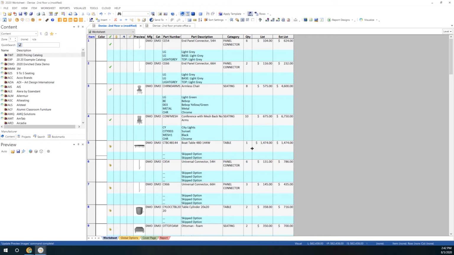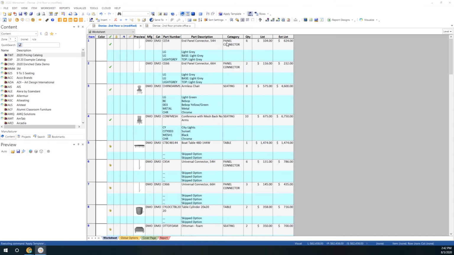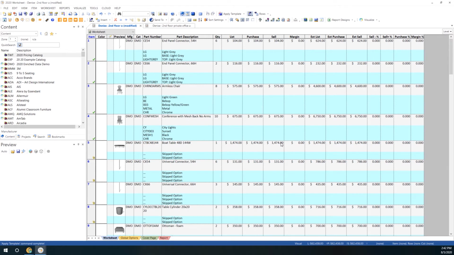So beyond going in here and just picking finishes, as I said, you're able to do all your pricing to be able to quote. So I'm going to go up here to apply templates, and I'm going to turn on my company template, and we're going to go ahead and say OK. And as you can see, immediately the worksheet changes. I like to have this one because when I want to work with pricing, I want to see all these columns. When I'm working with finishes and stuff, I may not want to see that, so I just have a different